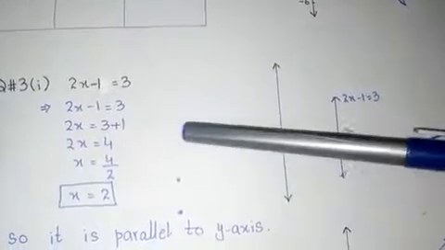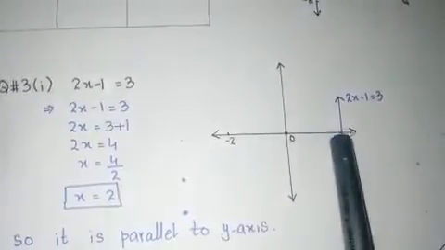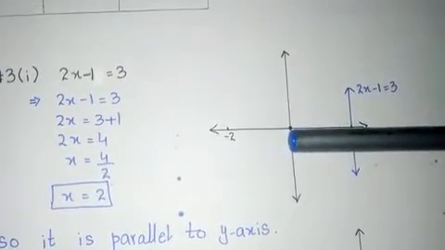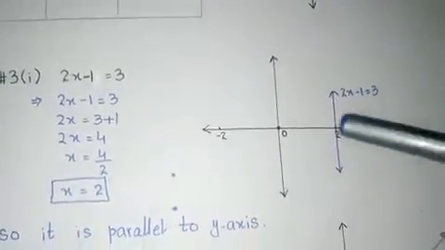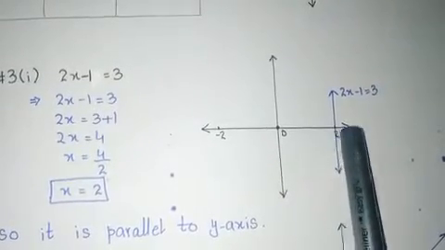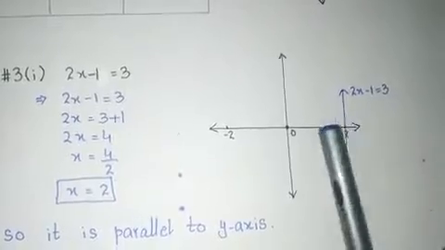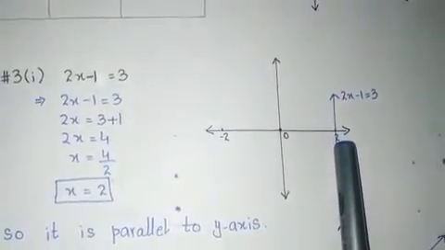This is the y-axis, this is x-axis, and on x-axis with the help of scale you have taken the distance. With the help of scale you will measure the distance, same distance. Clear? So we need value 2, so I am directly giving it the value 2. Here it is 2, here it is minus 2. Now this is the required point. The value of x should be 2. Here is the value of x, 2.